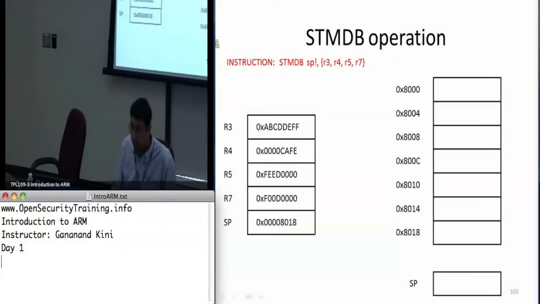So after it stores these registers on the stack, it updates the stack pointer to point to, as you'll see, the last value that was written to. Our stack pointer starts off pointing to 8018. And we have R3, R4, R5, R7 that we want to put onto the stack. If you refer to your table again, it's going to start off at